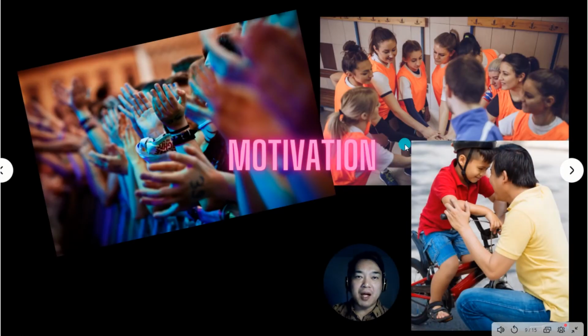Other examples of motivations are whenever we attend church service and the pastor or the priest or the minister shares to us his good news to motivate us to live better lives. Or when a coach tells the member of a sports team to do it, to perform better so that they can win in their game. Or when a dad motivates his son to learn how to ride the bicycle even though the son has stumbled many times.